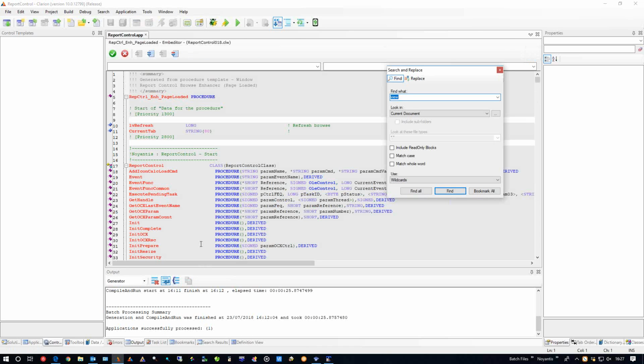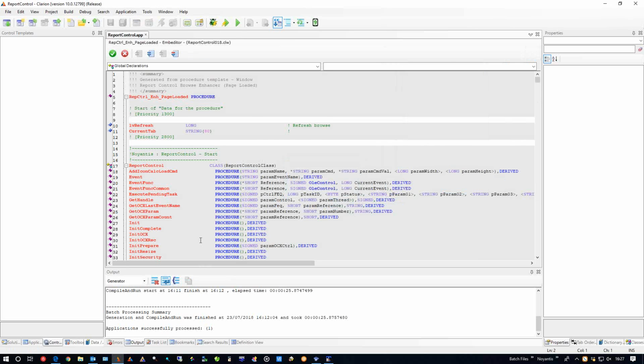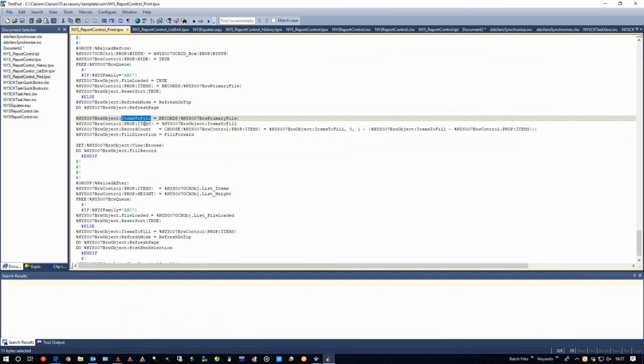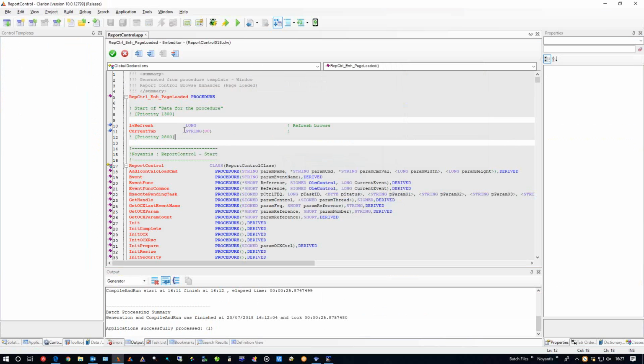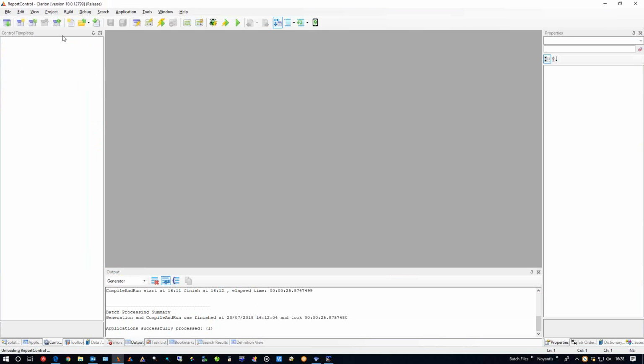So we can see here items to fill. Did I type that right? That's a page loaded browse, sorry, no, this is ABC. So yeah, we really need a legacy one of them. Let's create a legacy.